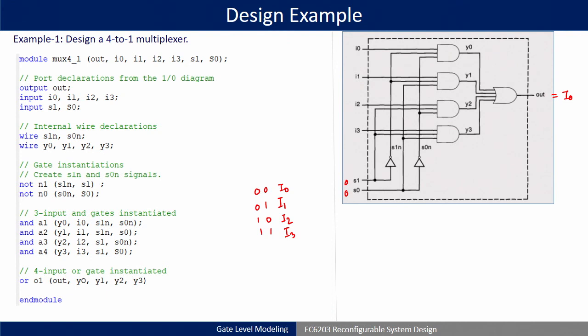Okay. So, first you define your module and give an appropriate module name, mux underscore 4, then you can give the corresponding input output. Okay. So, if I make a square bracket here, whatever my input and output are, those will be part of this module IO declaration. Okay. So, that is why we have done out, I0, I1, I2, I3, S1 and S0. Okay. So, defining this first line is not that hard.